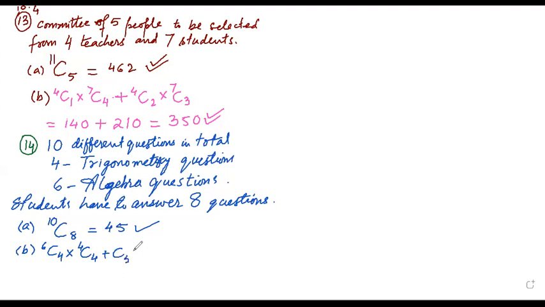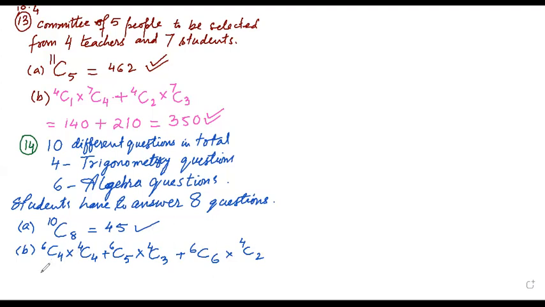Okay. Then we increase the number of questions of algebra. Means we select five out of six, multiplied by the remaining questions: five are selected, so three must be here for the trigonometry, and total trigonometry questions are four. Now 6C6 means 6 out of the total 6 questions of algebra. Then 2 questions from trigonometry. Right? More than this we cannot go because there are no more algebra questions.